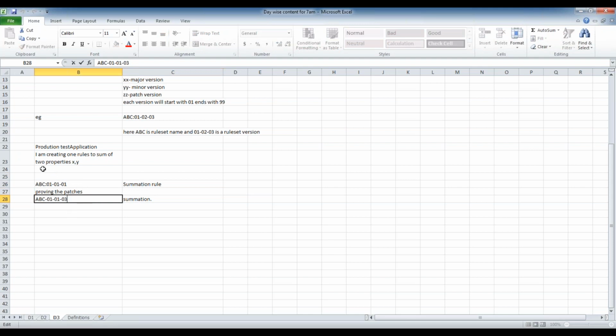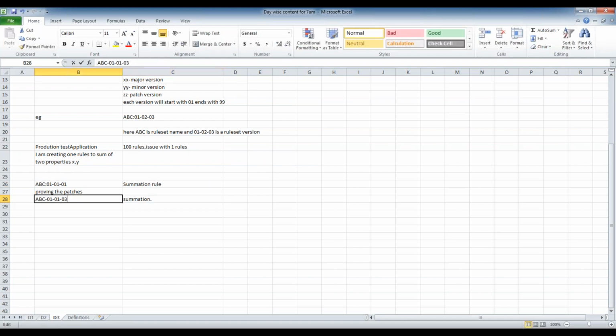Let's say I have a total of 100 rules in this application, and I have an issue with only one rule. So let's say that the rule is the summation rule. I will only rectify this summation rule in 010103.